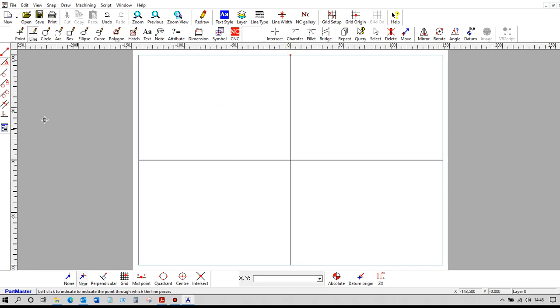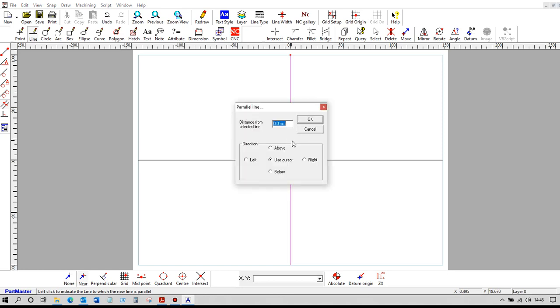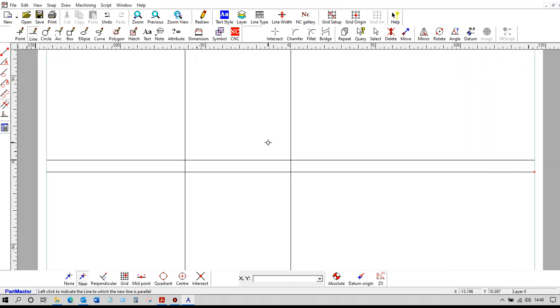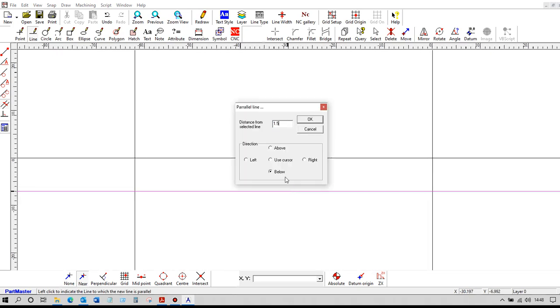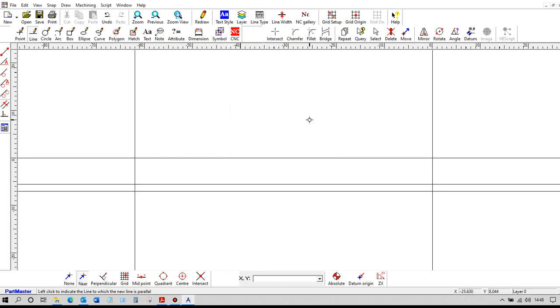Okay, so now I can just draw some lines parallel to that. So I'll draw a line parallel to this one, which is 62 to the left, and I'll draw a line parallel to that, which is 7mm below. Just zoom in on that a wee bit. Okay, so I need another line parallel to this one, which is 1.5 above, which is the base of the